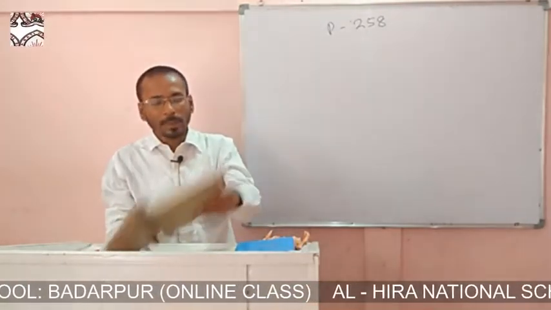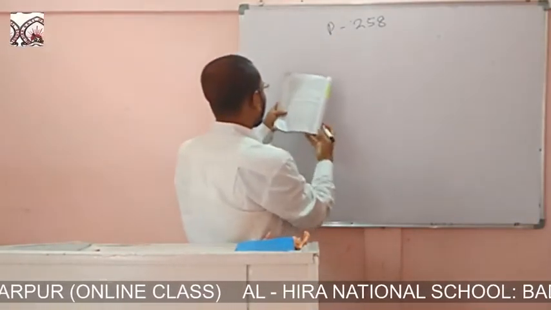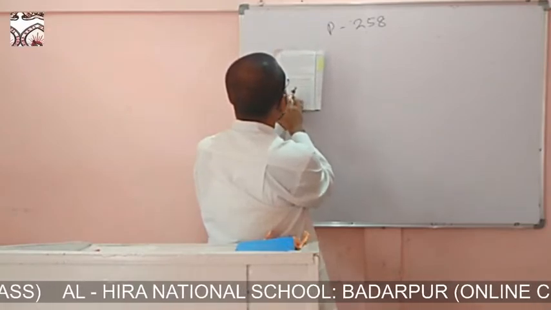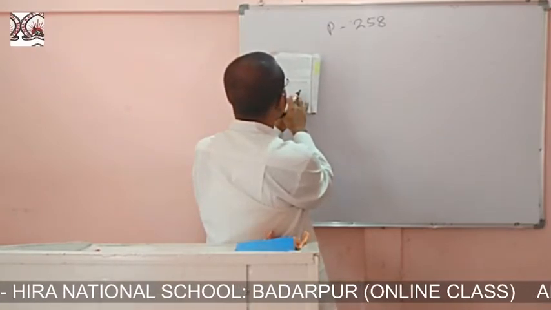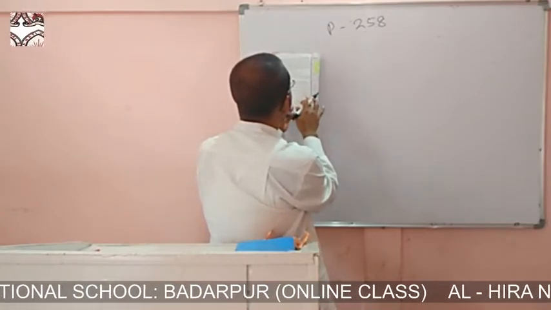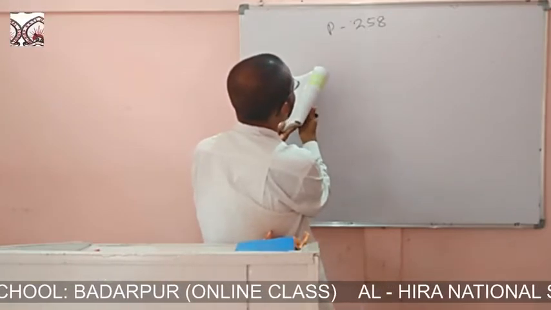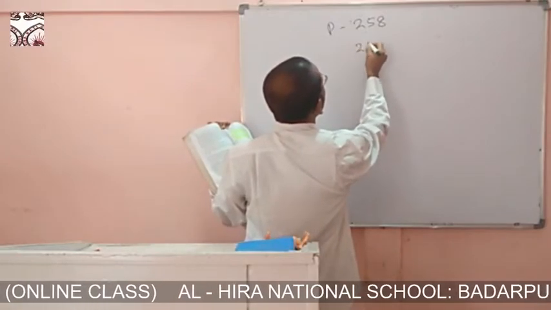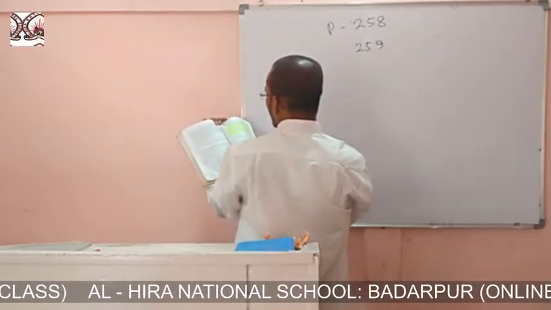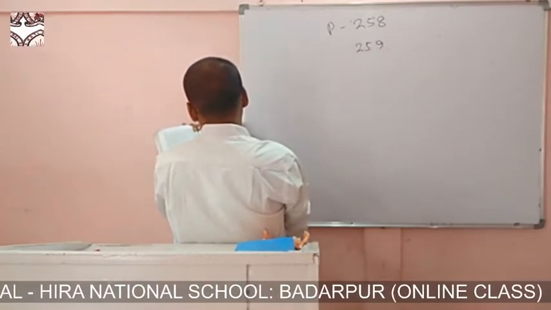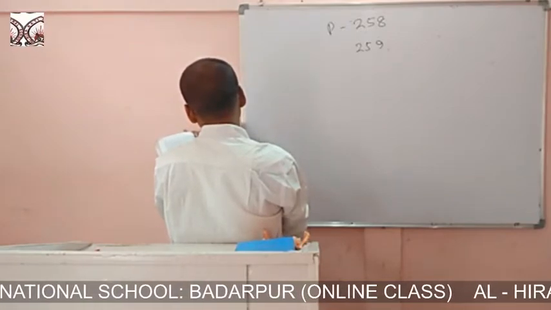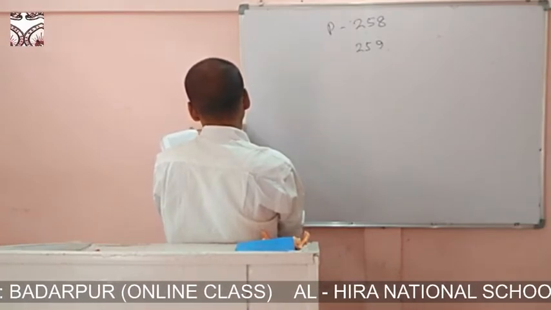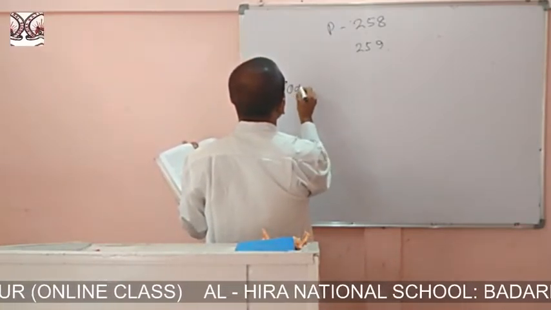In page number 258, you see a box is there. So this is angles and this is ratios. So 90 plus theta, 2 into 90 plus minus theta, 3 into 90 plus minus theta, 4 into 90 plus minus theta. And in page number 259, you see number 1 and 2. If the angle associated with theta is of the form odd multiple of 90 plus minus theta, if it is odd multiple,